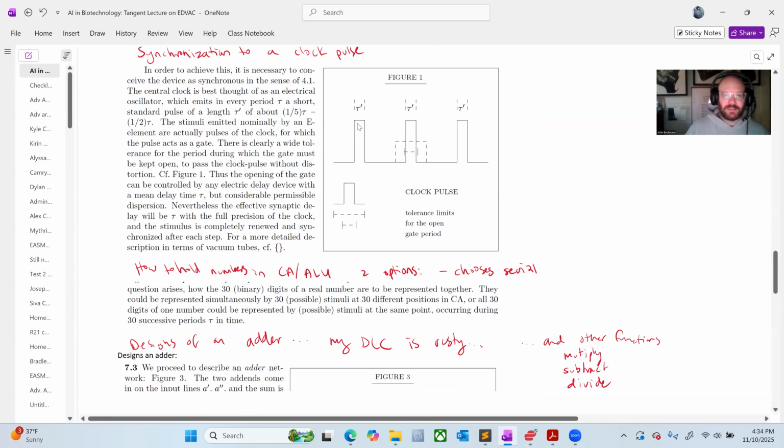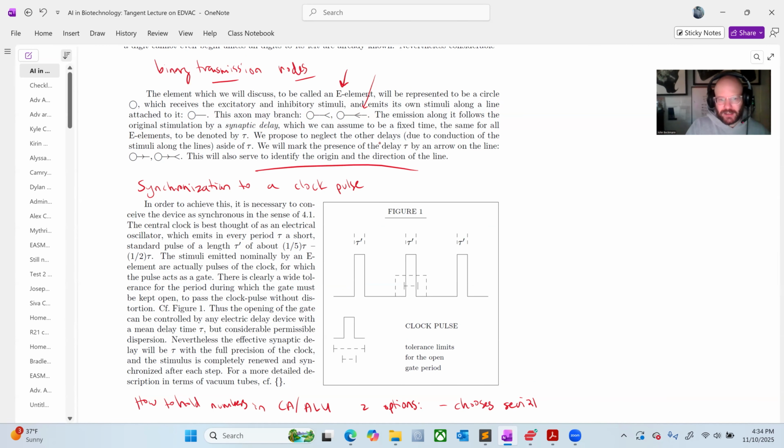He describes how all the calculations and functions need to be synchronized to a clock pulse. So he's describing the first computer clock. Nowadays we use quartz crystals, which pulse and oscillate. There's a rising edge and a falling edge, and everything in the computer is synchronized to the clock. He describes this: it is necessary to conceive the device as synchronous. The central clock is best thought of as an electrical oscillator, which emits every period, tau, a short standard pulse